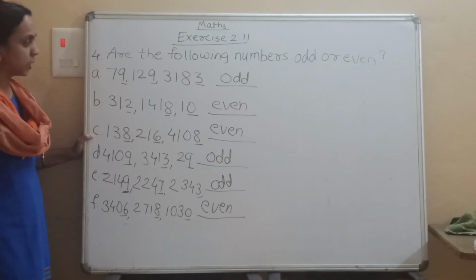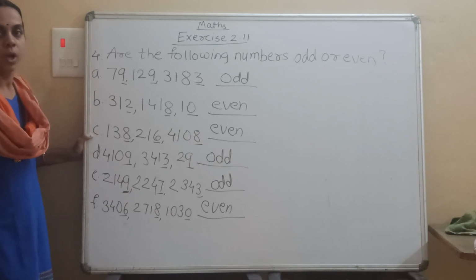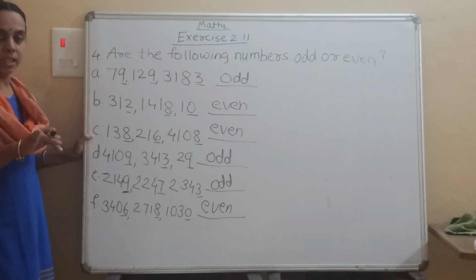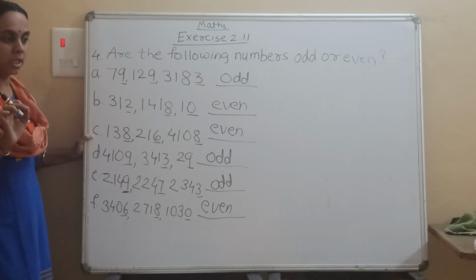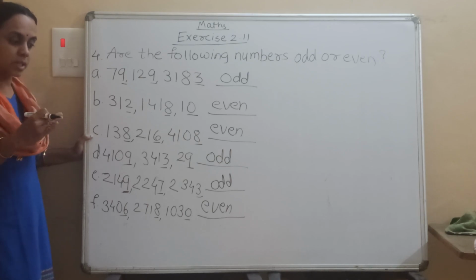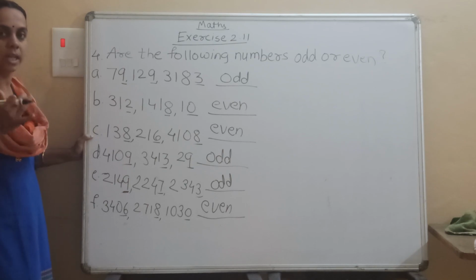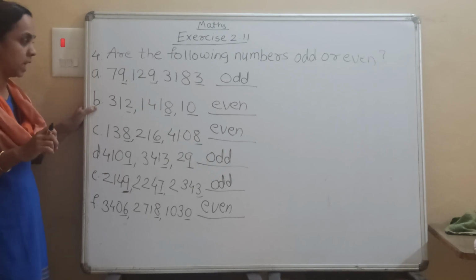And one more important thing, that everybody should learn tables from 2 to 15. And in your rough notebook, you have to write down tables from 2 to 15 every day. That will be very important for your next lessons, for example multiplication and division. A student who knows all the tables properly can easily solve all these multiplication and division sums. So every day you have to write down tables in your rough notebook. That is a very important thing.